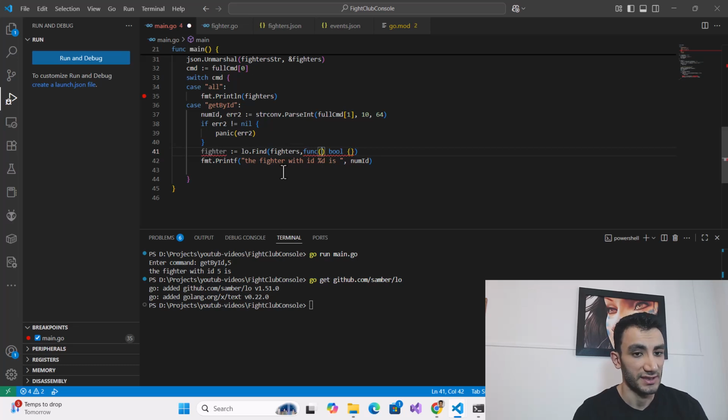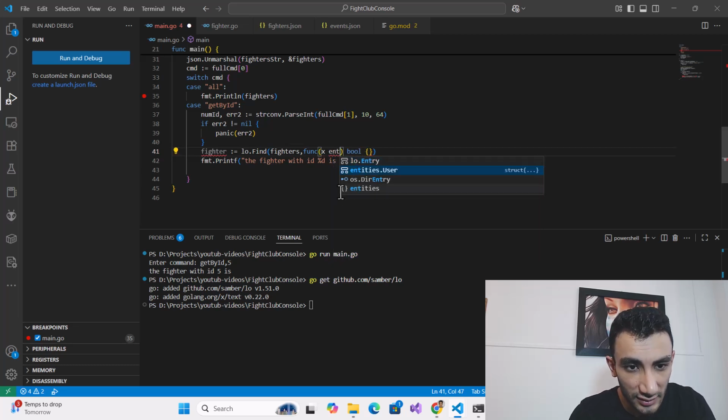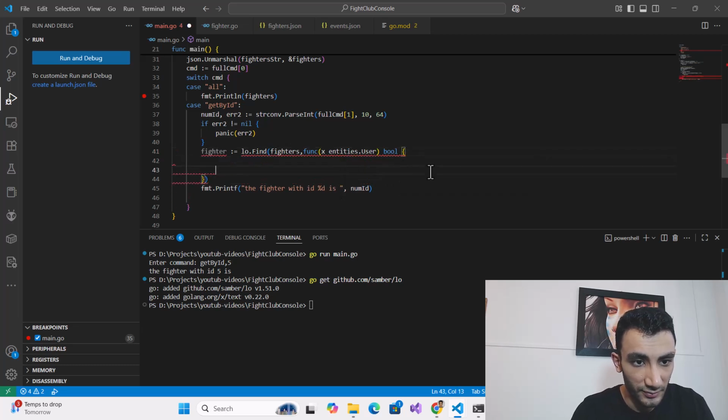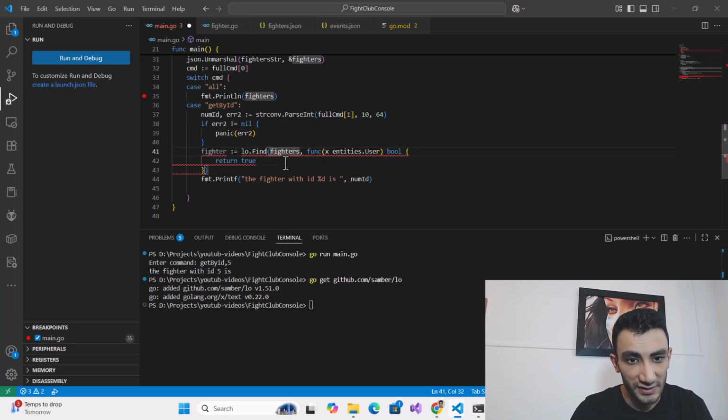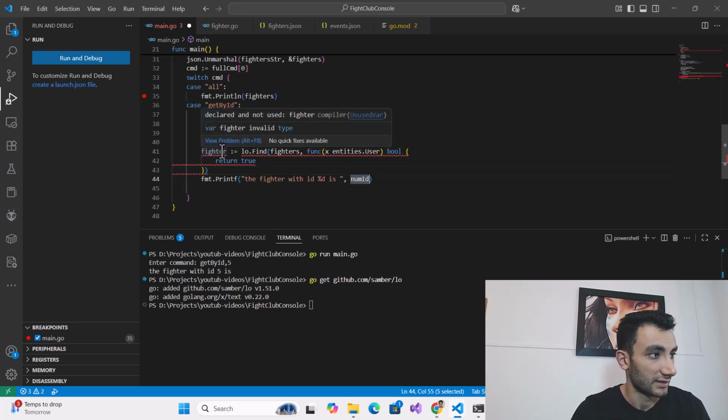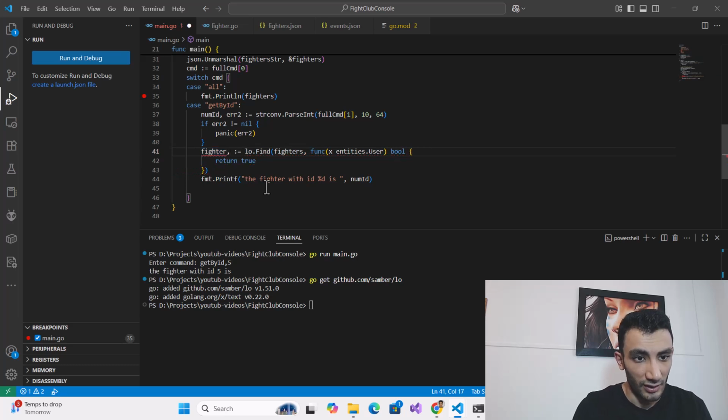In other languages we say x is represented as a single user, entities.user, and return. If I return true, it gets the first user for me. It should return users and is not null.